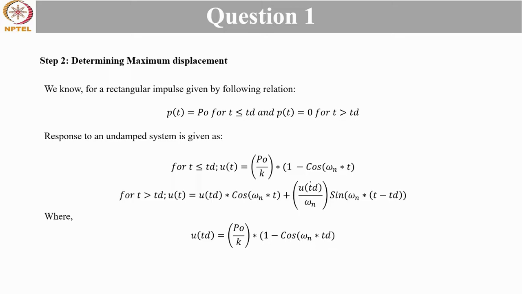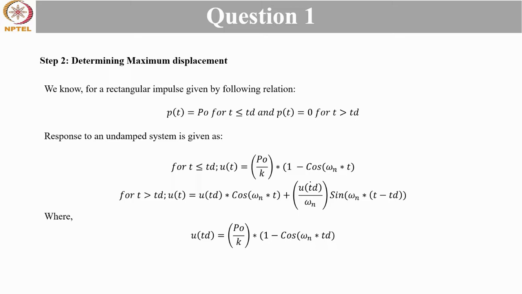So it is according to the relation: P of t is equal to P naught for t less than a time interval td, and after that P of t is equal to 0 when time exceeds td. So in our case, P naught is 10 kilonewton and td is 1 second. So for the response of an undamped system, our case is an undamped system, we learned that for an undamped